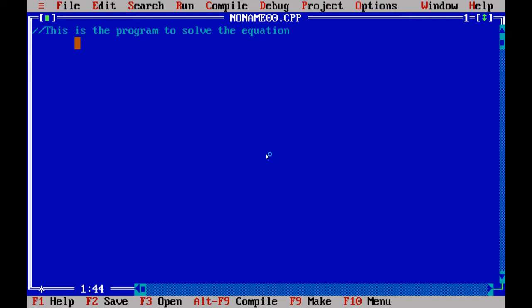It can be any equation, but as an example here I am taking x plus 2xy plus y. This is the equation that we are going to solve.